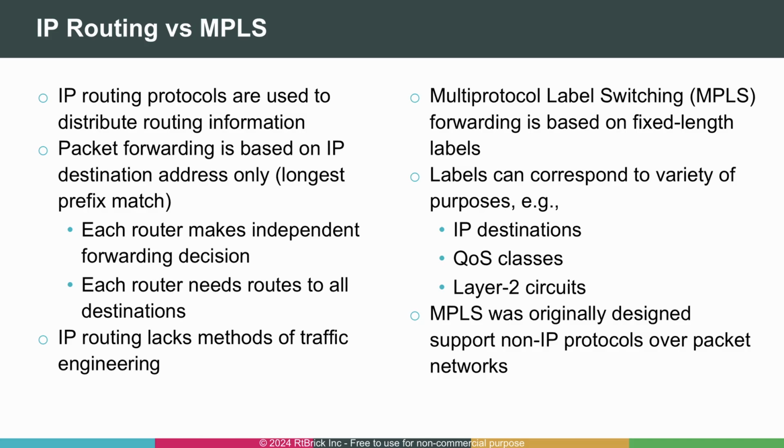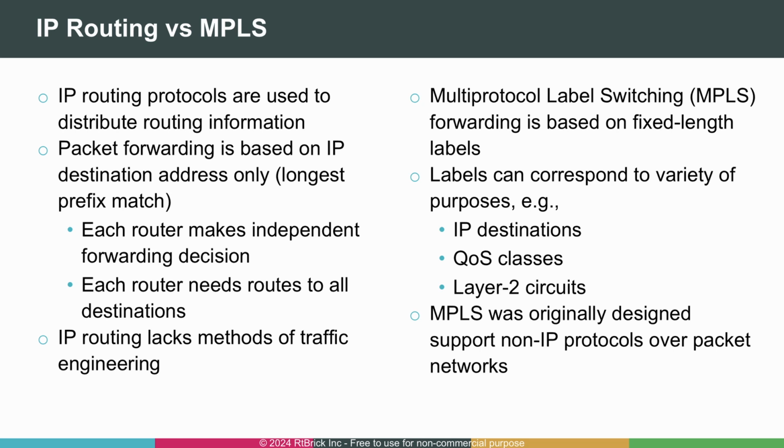Traditional IP routing protocols like OSPF, ISIS, and BGP distribute reachability information, creating a routing table that maps each IP prefix to a next hop, the next router along the path. When a router receives an IP packet, it looks up the destination address in its routing table to decide the next hop. This process, called longest prefix matching, means the router picks the most specific route that fits the packet's destination. While modern network hardware handles these lookups efficiently, early on, the process was computationally expensive, prompting the development of